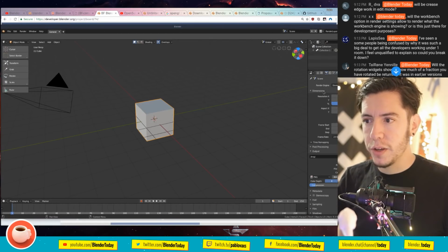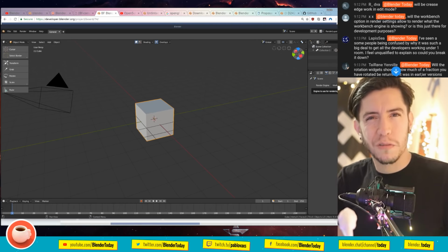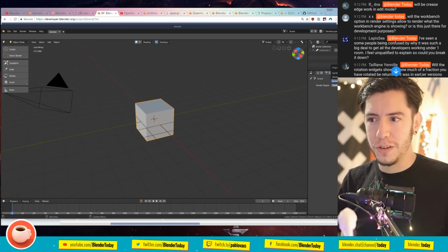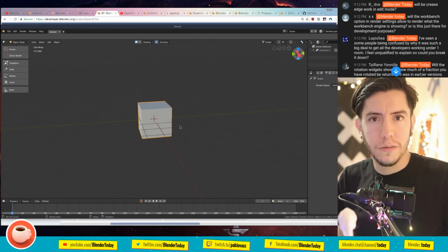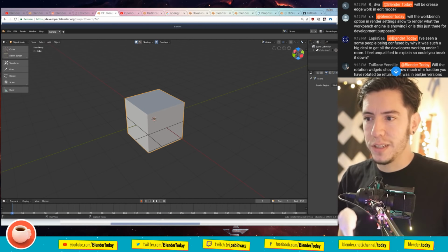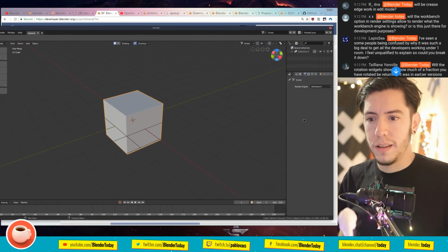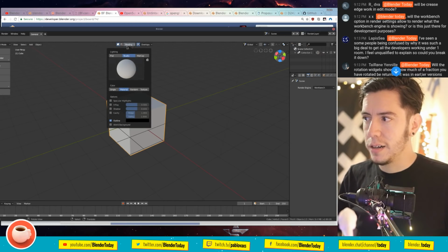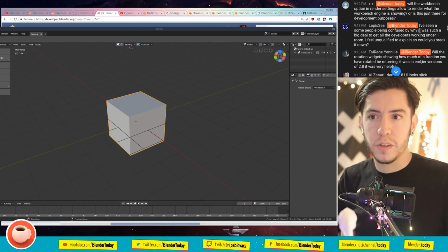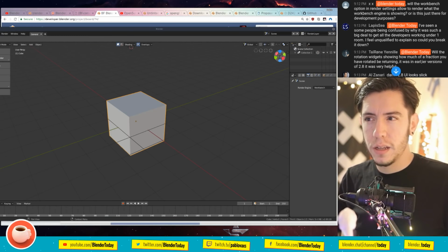Right now you can choose the workbench engine, but the name is a bit confusing for some people. If it was just called preview or viewport, it would be much simpler to understand. Right now it's not showing anything, but the render settings will appear here, the same or similar settings that you can change from here. That way you can render the workbench engine.